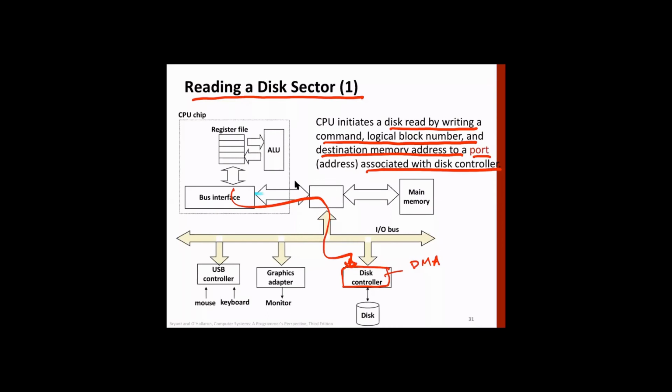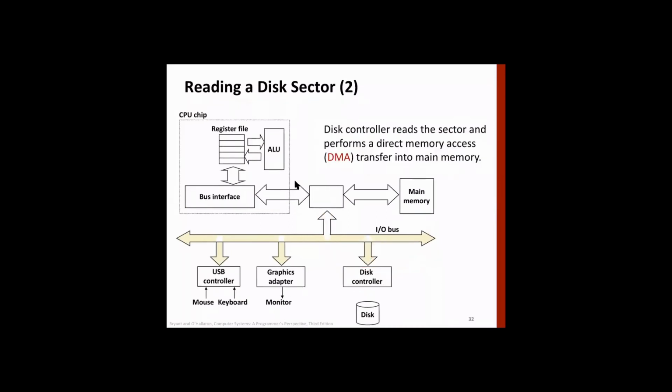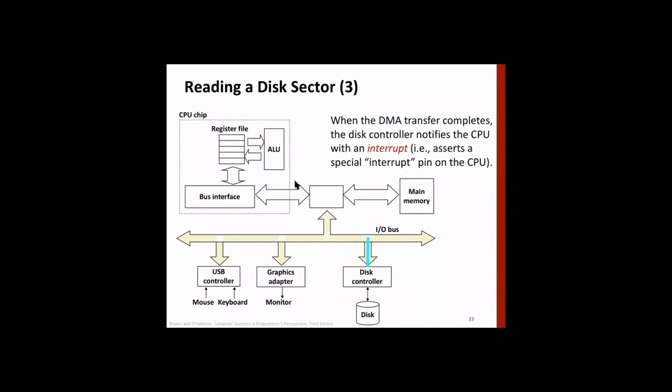So what will the disk controller do? Okay, this is a simulation. The next step is that the disk controller will initiate the transfer to main memory like this, and when this transfer is over, it will inform the CPU about it, through an interrupt. The CPU will get disturbed, but it will note that the job is over. That's it.